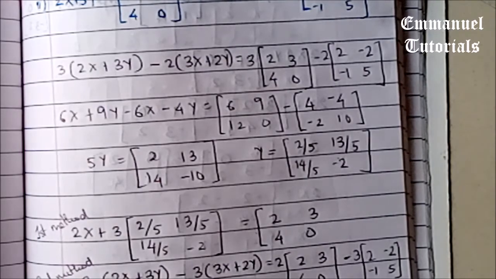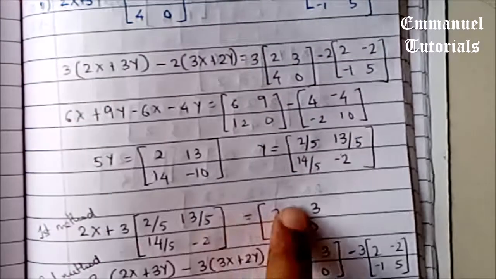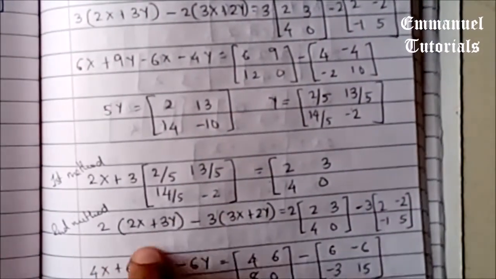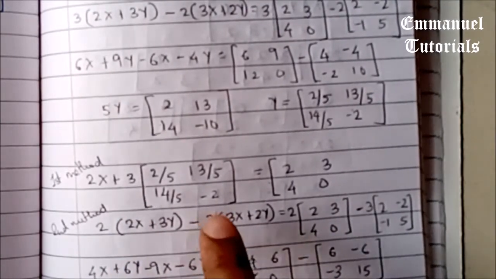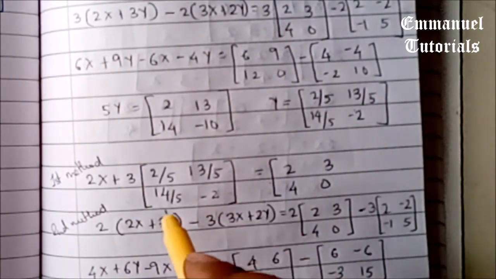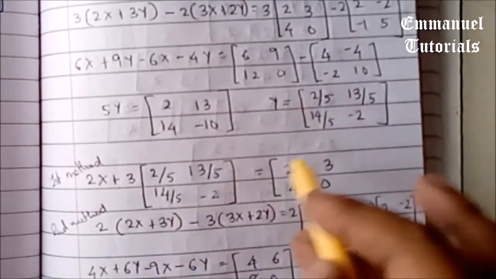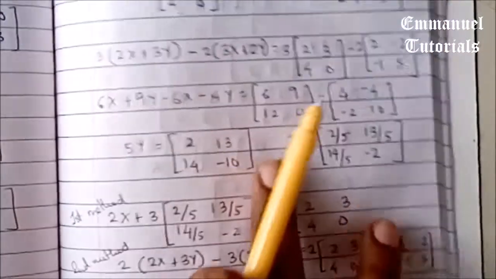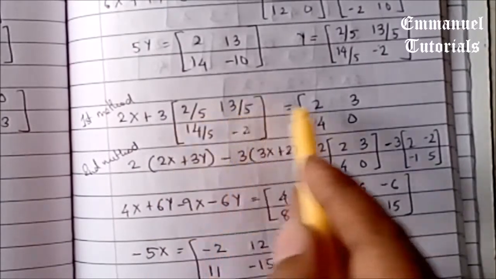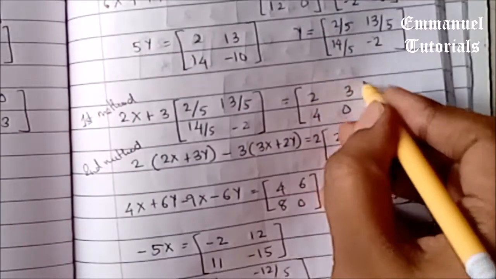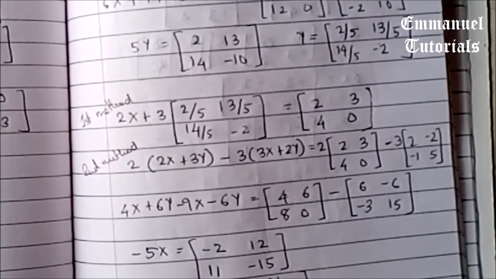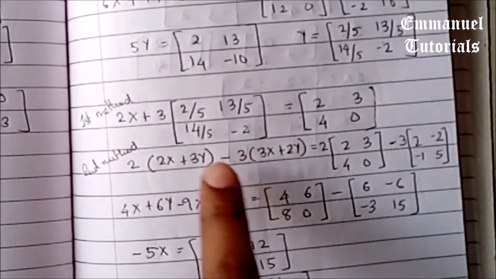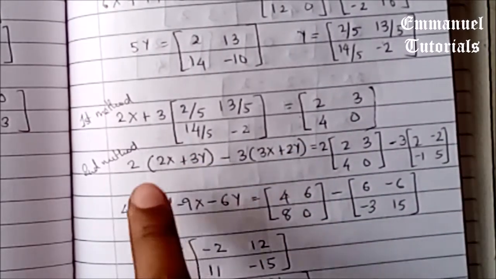Now similar to the first question, we can also use the simultaneous equations, multiplying the equations by suitable numbers so that we can get rid of one of the variables. And another method would be, you can substitute y's value in any one of the equations and find out the answer of x. So that is the first method here, but that will be very long. So we will use the second method, which will be easier. We have multiplied the first equation by 2, the second equation by 3, so that we can get rid of the y term and get the value of x.